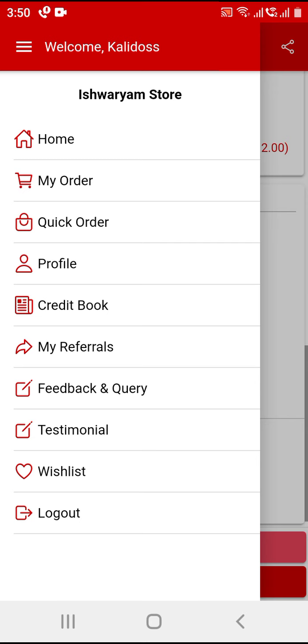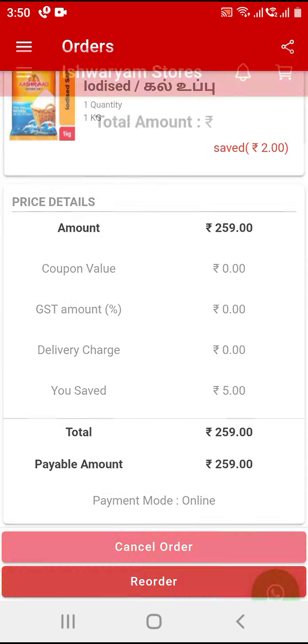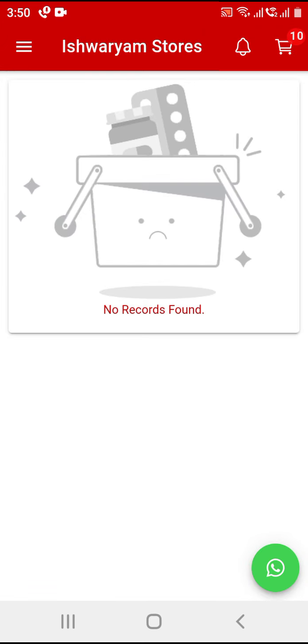For example, if I refer somebody to the Aishwaryam store and you set 3% for me, on every purchase my friend makes, I get 3% of the purchase value, and that credit is added into my credit book. Also, if I make a payment offline, you can add it into the credit, so it is automatically added into the credit book.